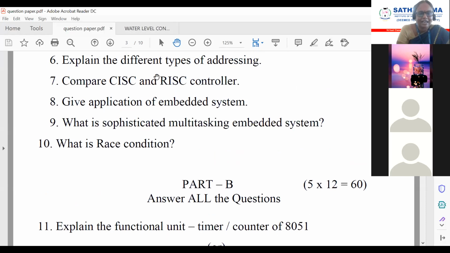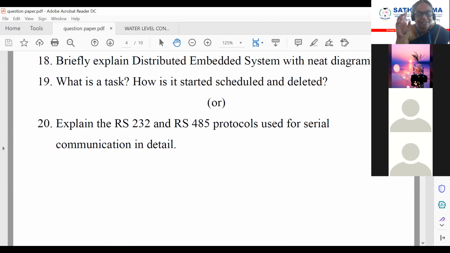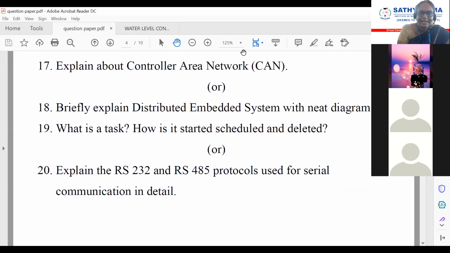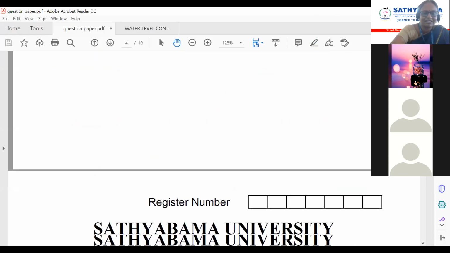Then CISC and RISC controller comparison, that we all know already. That is your third unit question, but they ask it here. Okay, you just see. They explained CAN. I think CAN is a very important question. Controller area network. Then again distributed embedded system. Then they ask you to explain RS-232 and RS-485 protocol. Okay, you have seen here. They have asked